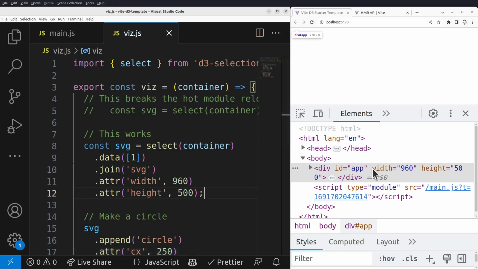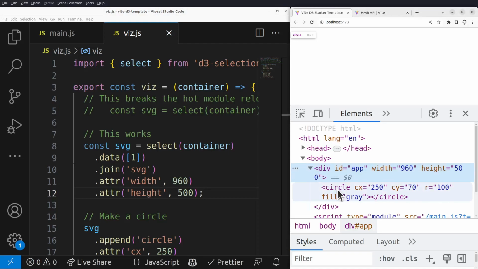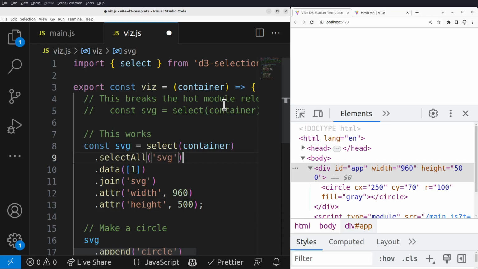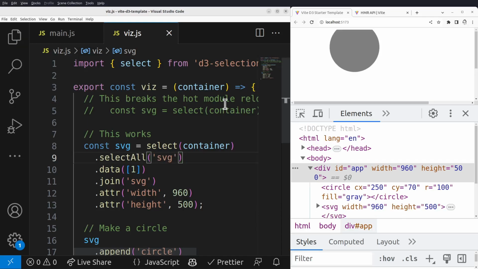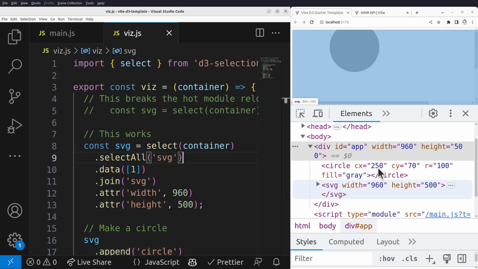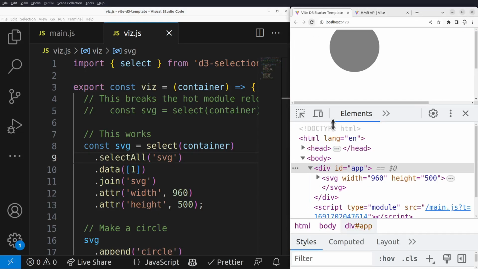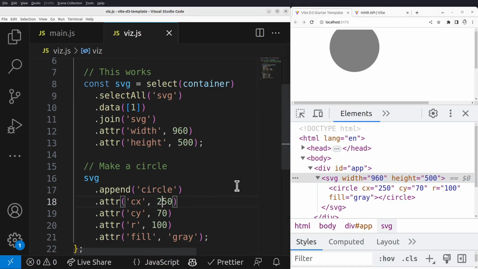When I load it, I see that it didn't quite work. It never made an SVG element. Just put the circle straight in that div. All right, we're missing a piece here. That's the select all SVG. All right, and I saved, and the hot reloading worked. Let me refresh the page just to get a clean slate here. Okay, our SVG is inside of our div. We have a circle. And now if we change the position of this circle and save, the hot reloading worked,